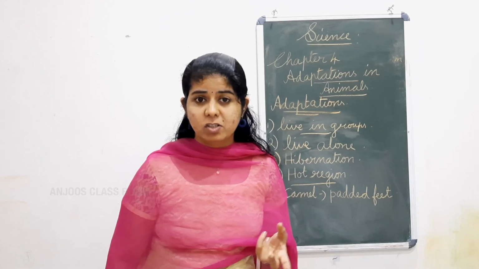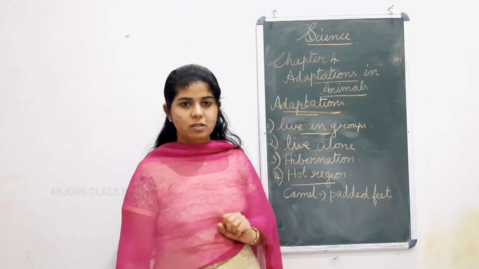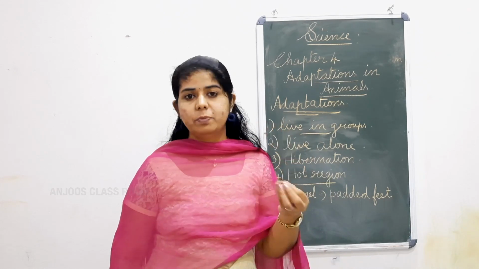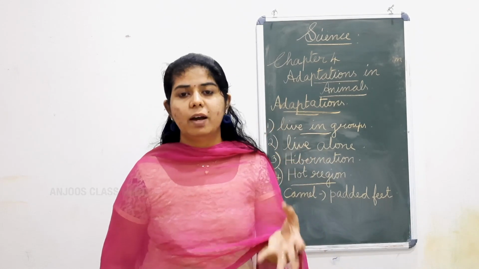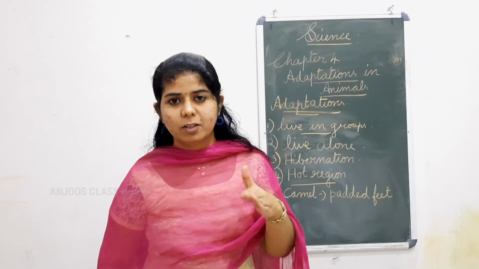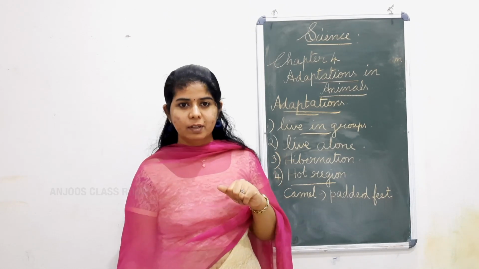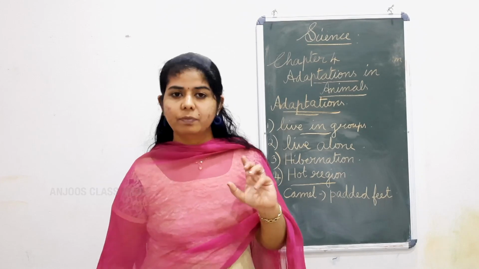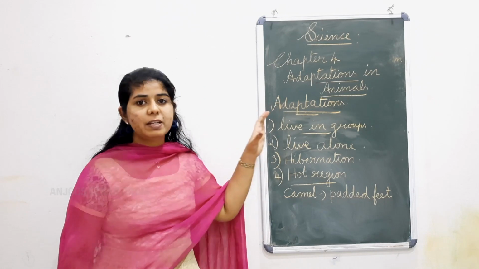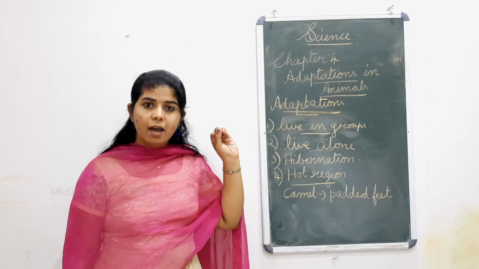So these are the features of the animals that live in the hot regions. One is padded feet, and the other is the hump, which helps them to have food. The fat content in it changes into their food and water whenever it is necessary for them. So, is it clear till here? Till here is enough for you today. So these are some of the special features of the animals who live in different areas according to their habitat.